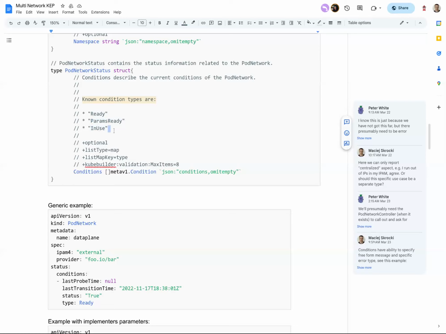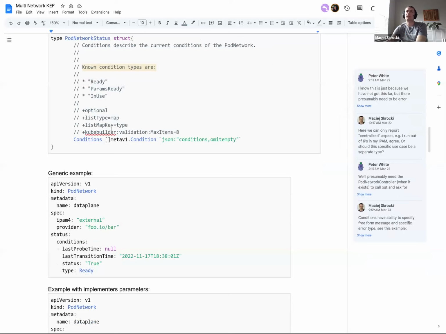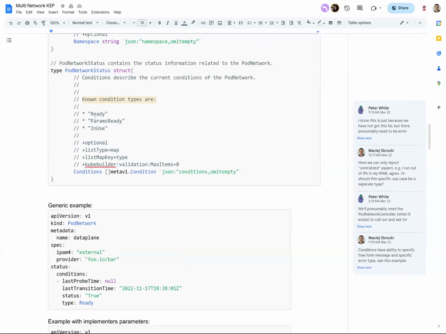Absence of the in-use condition means it will always be there. I don't think there should be any point where it is not there. So what happens if a pod network is not in use at all? Like we would have just ready and params ready for that specific one? Oh yeah. This is independent. So those two report if the object is ready itself. So basically,